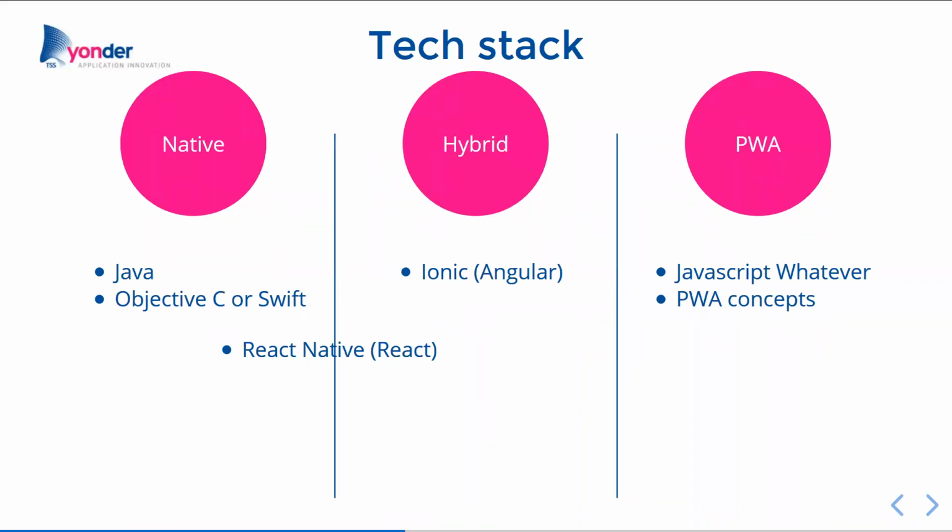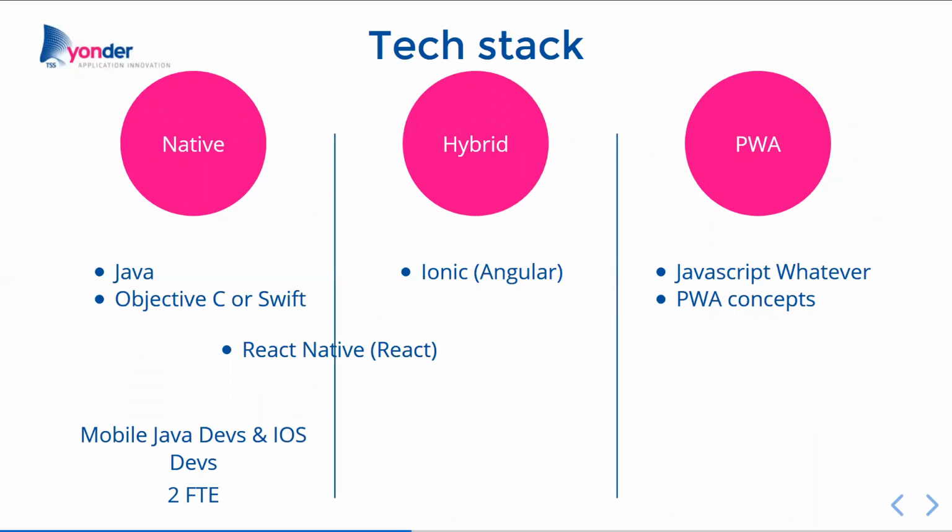Well, one of the advantages of the PWA for tech stack is that you can use whatever you want. It's just a web app that runs in a browser, but it just needs to add those PWA concepts, which are some APIs implemented in the browser, which help it connect to your mobile devices, sensors, or cameras, or stuff like that. For native, you need, if you want to support both environments, as in Android and iOS, you're going